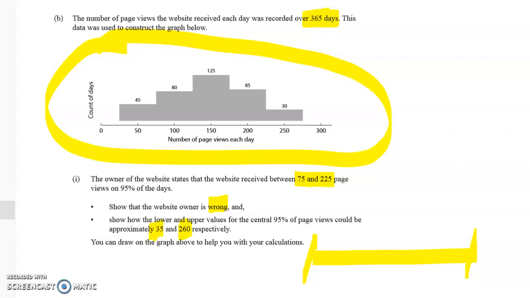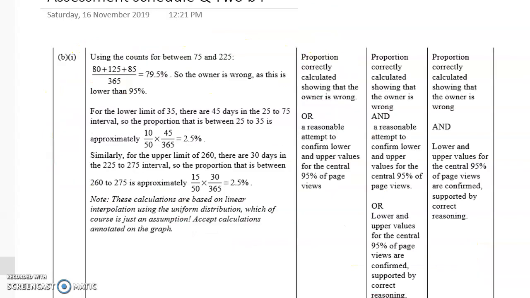So I'm actually not going to draw much on the graph. I'm going to do it a different way. So it turns out that this is the excellence question, and this is the assessment schedule. So you can pause the video on this if you want to, but I'd suggest that you could actually watch the video instead. So here's the assessment schedule. And then 2b2